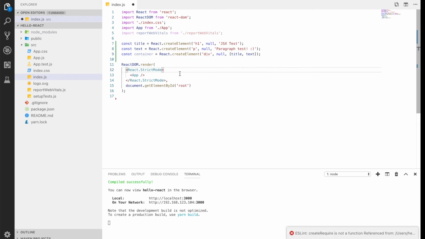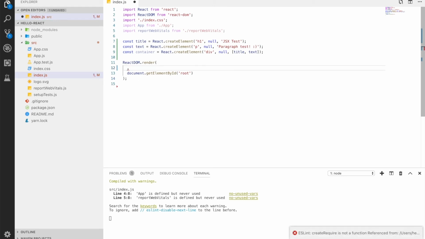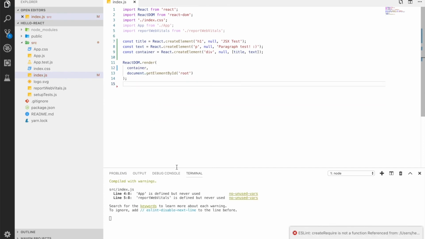So right now we're going to put the container inside the ReactDOM.render. The React.StrictMode tag in here is a component at this time, but we will remove it right now and then I will explain about it later. So instead of this, we are going to put container that we just created and then save it.